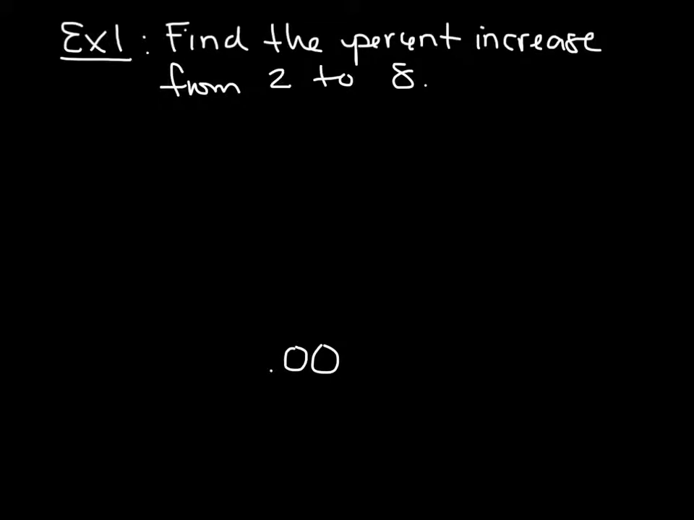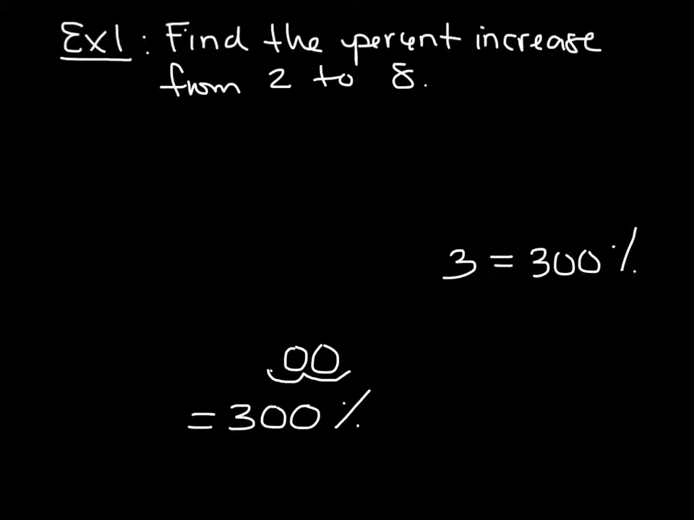You want to change it to a percent. So if we multiply by 100, which just means I'm moving the decimal to the right 2 places, that's going to give us 300%. 3 is equal to 300%. This is just the decimal form, and that's the percent form. So our percent increase is 300%. So maybe, let's see, percent